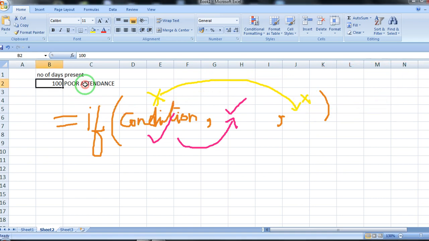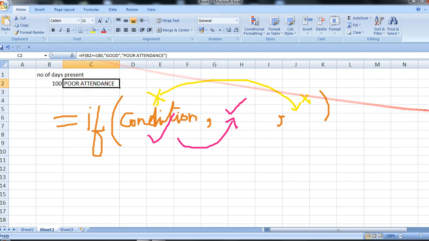Like in my case, you can see over here in the formula bar the formula that I have written. If B2, that is the value B2 over here, is greater than 180, it will display good.